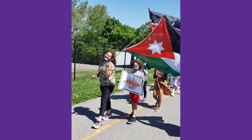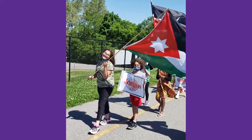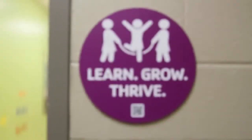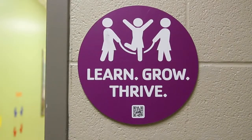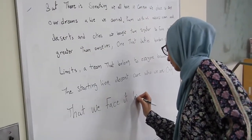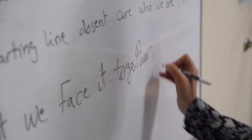I want my kids to know where they are and to be proud of where they are from. Not to feel odd because their mom is different. Not to feel odd because mama has an accent or daddy has an accent. And not to feel odd that they don't celebrate certain holidays, but they are off when the kids are in school. For the people who think that I'm too quiet, maybe I'm too different, I speak different, I live different,